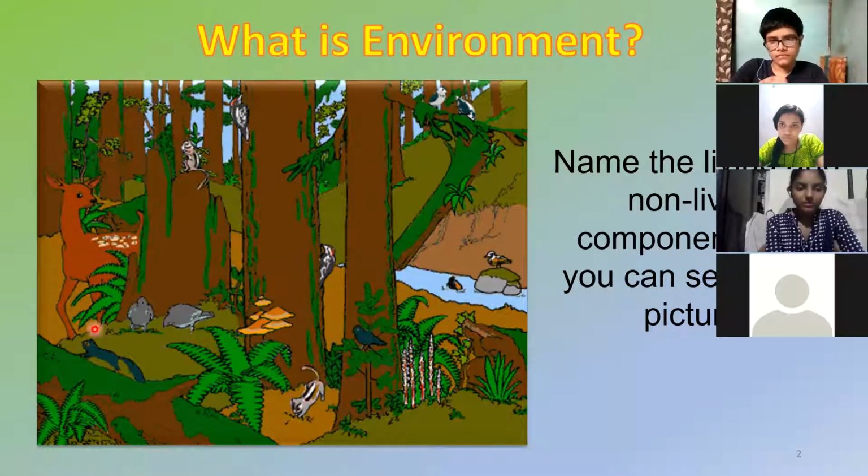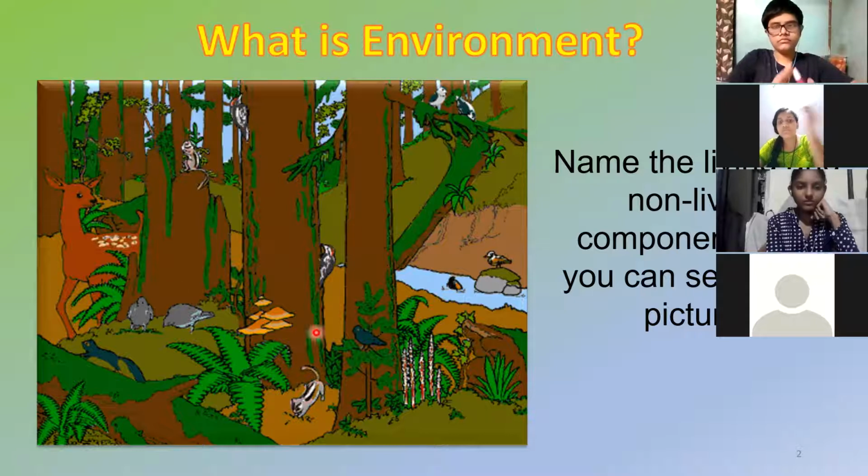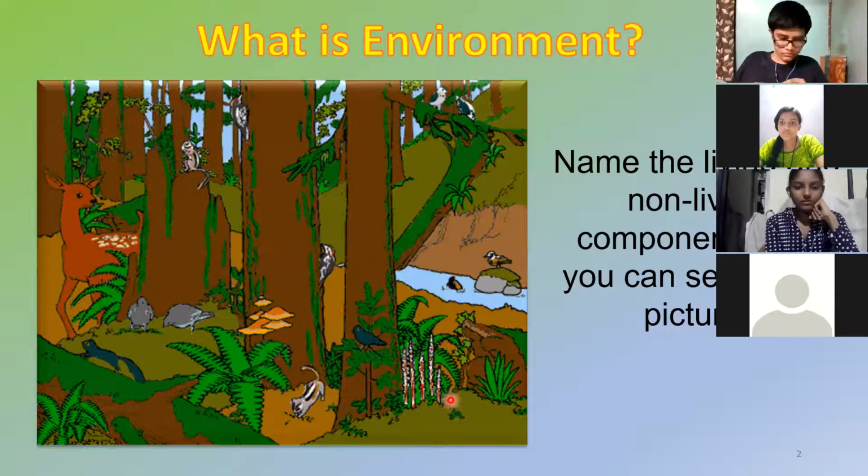The deer will eat the grass. The grass needs water to grow. The tall trees need light. Even all the small plants need light. The squirrels need the fruits on the tree. Correct? All the plants are ultimately growing on the soil. So there is a complete dependency of organisms on each other.